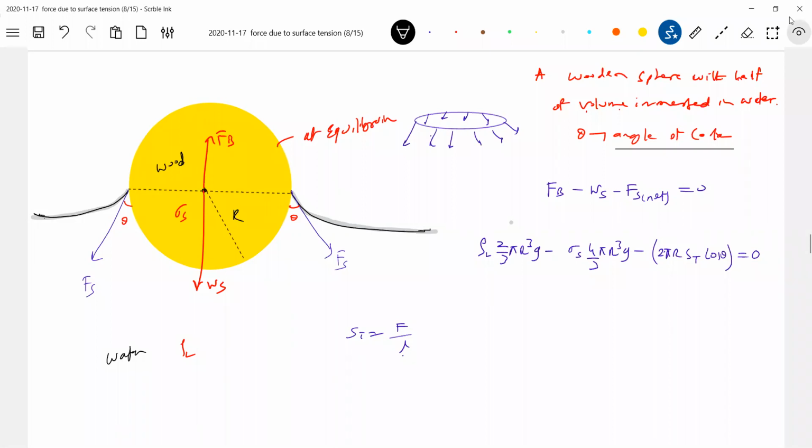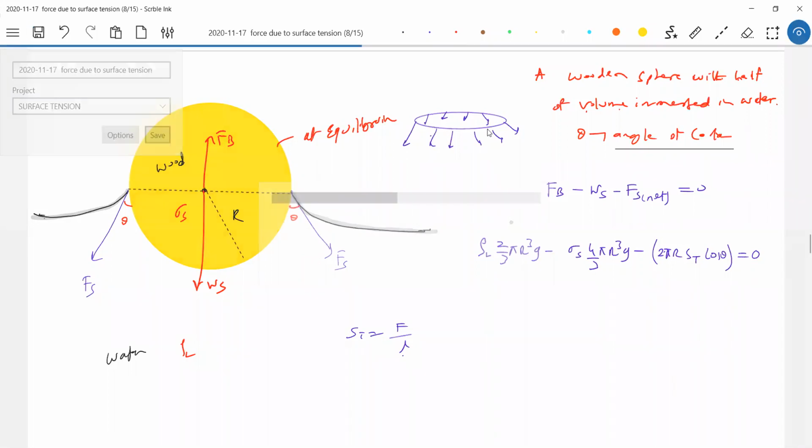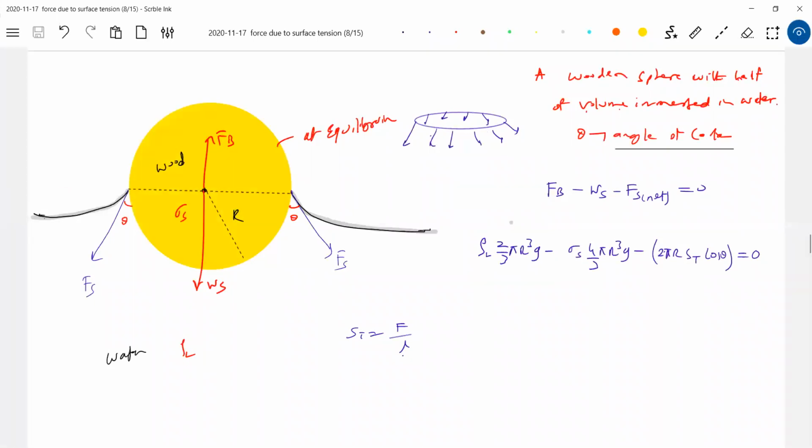If it says water wets completely, then you have to show this Fs downward. This force will be downward. Able to understand? Horizontal force should be 0, no? If you resolve this, only vertical, the net force acting by the surface tension on the wood will be downward. Got the idea, no? So these are the numericals. Can any student solve this? You should have better 3D geometry.